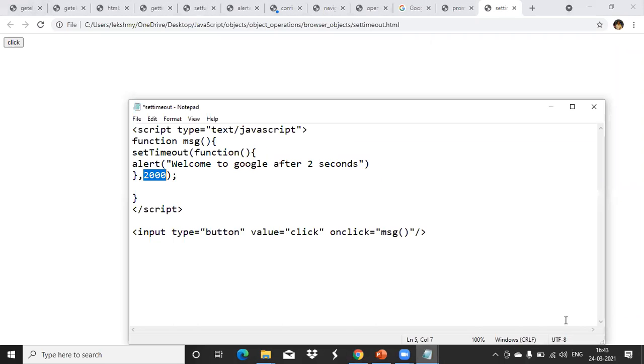After I click, after 2 seconds only, it is showing me the message like this. The alert box is showing welcome to Google. Some messages I'm printing, welcome to Google, after 2 seconds. The 2 seconds time delay we have specified using that setTimeout function. Clear? Any doubt?